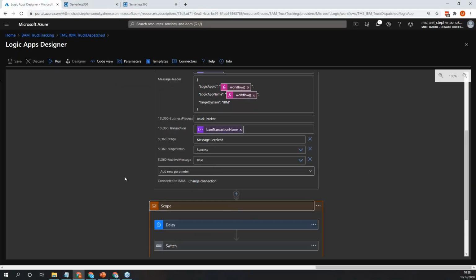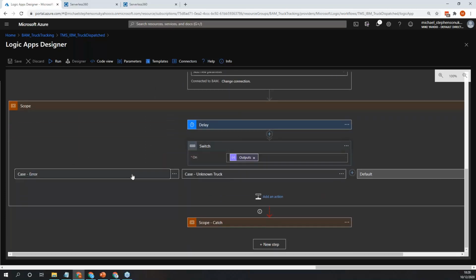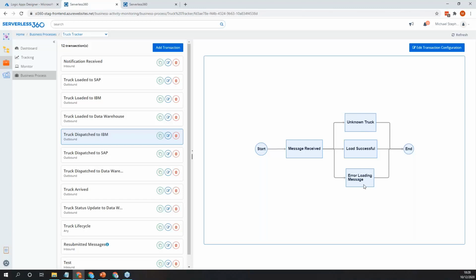And what I can do to keep it quite simple, I've got a delay, so just simulate some things happening in the real world. And then I've got a couple of checkpoints here. So if you imagine, I've got one checkpoint for each of these outcomes. So the delay just simulates maybe doing 3 or 4 calls to